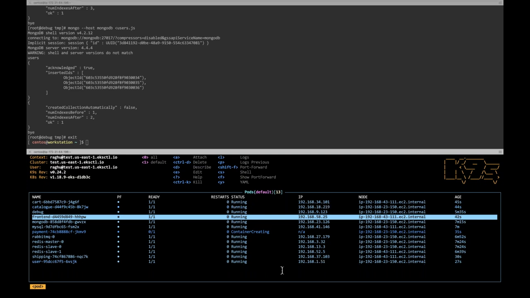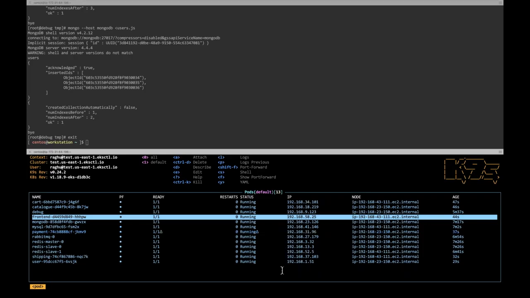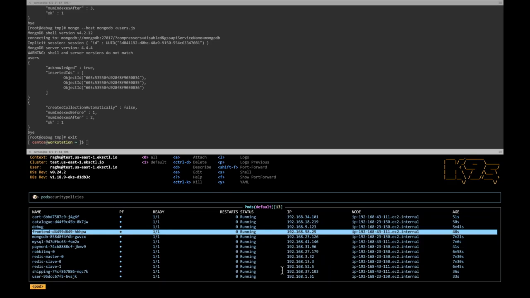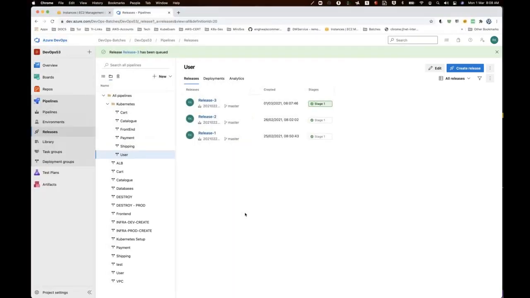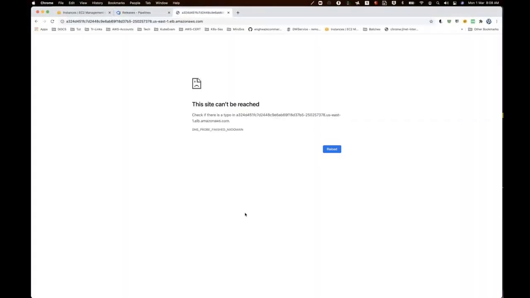So the last one, which is getting created, which is payment, almost now everything is up and running. Okay, so go to the services, svc, and you can see the load balancer. So all I need to do is just wait for the load balancer to come up properly,